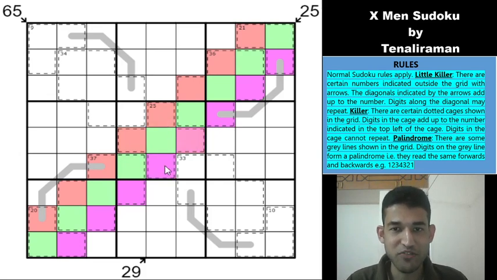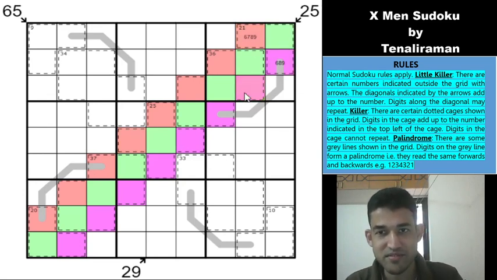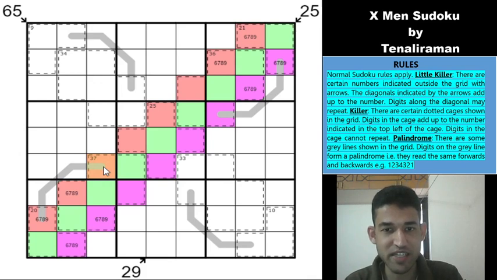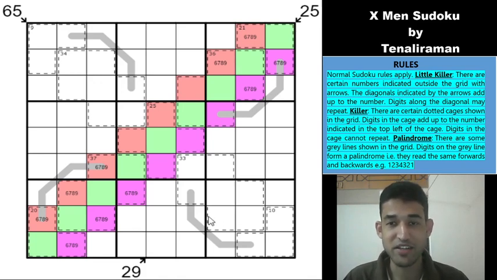So which means that these four cells sum to 20, and all other cells would have to be maximum in value. What a beautiful way to start the Sudoku, guys. Really amazing. This is such a clever way to start the Sudoku, and it was given a rating of 3 stars in the portal. I have no idea why. I would have given this 5 stars because this is not an easy one to see, but then again, compared to the guys at LMD, I think I'm not at their level. Still, 3 stars is a little bit low for the Sudoku.